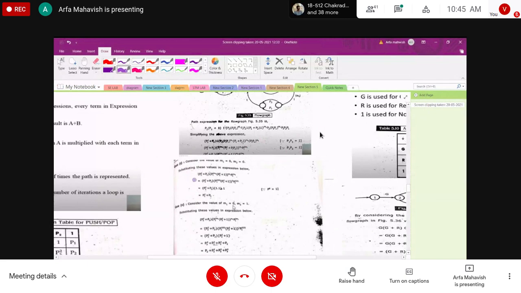So we are considering the value of m1 equals 0, m2 equals 0. Subtracting this value, the expressions are below. So for p1 p2 we are getting this expression: p2 power 2 plus p2 p1, 2 power m p2 power 2 plus 1 m m1 p1 plus p2. Here p1 power 2 plus p1 plus 2 p1 plus 2 plus 3. So p2 power 2 plus 1 p2 plus.